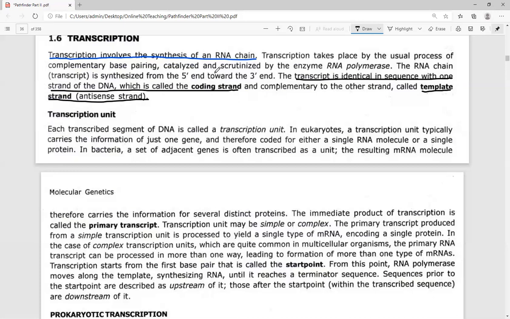So there are two strands of the DNA molecule. I'm just drawing the two strands in front of you. Please have a look. This is a DNA molecule, and there are two strands in the DNA molecule, 5 prime, 3 prime. This is a strand of the DNA molecule. Now this strand has to be transcribed. This DNA molecule has to be copied with the help of an RNA polymerase